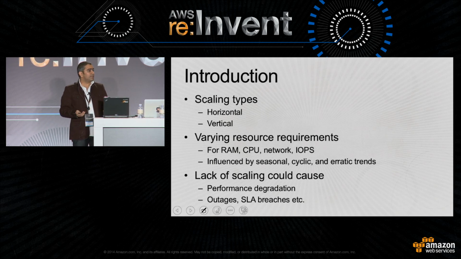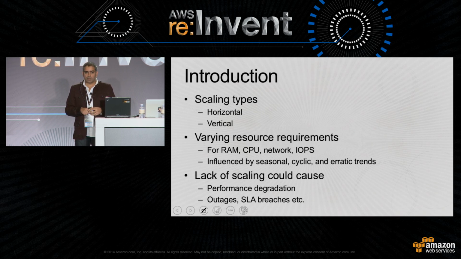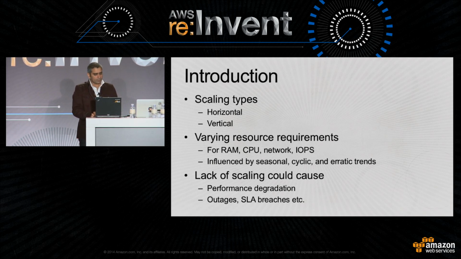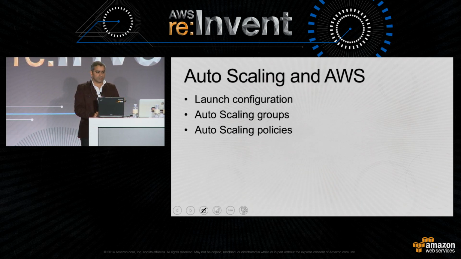If we don't have scaling automatically, then what will happen? My calls could get slow. I would breach some SLAs. That means I may not be able to serve a certain number of requests in a certain number of seconds. That means it'll be a problem. That means there's an appetite for auto-scaling of these services.